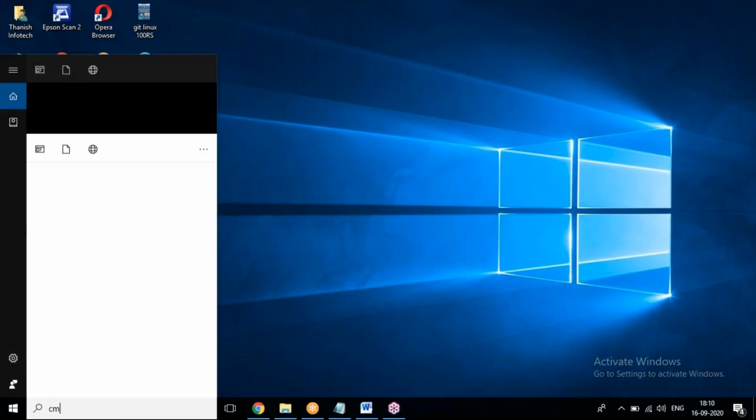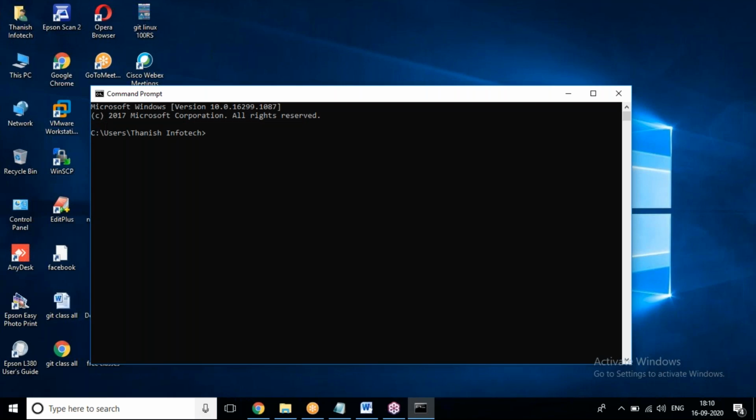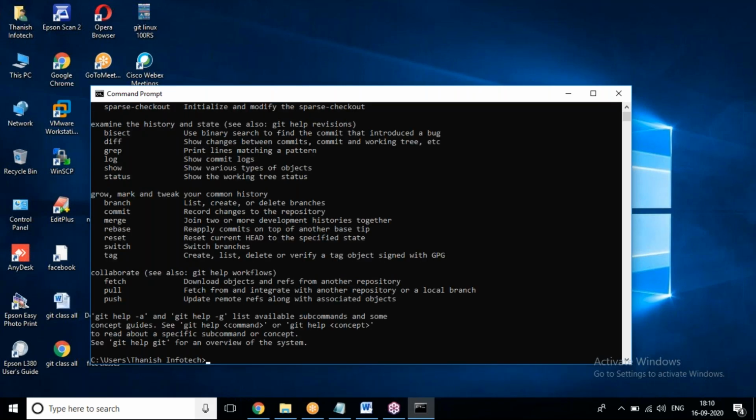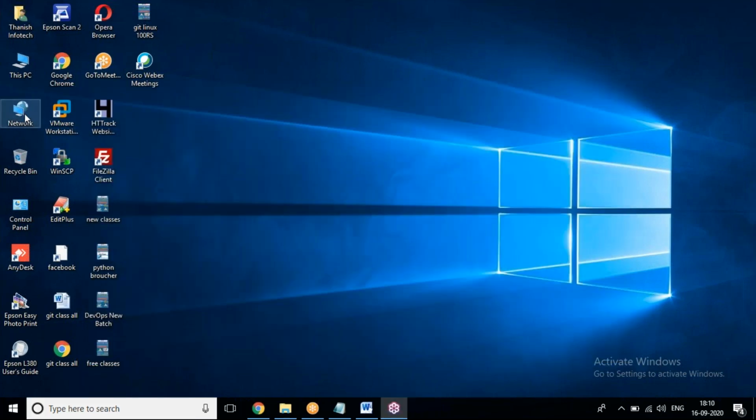But how can we recognize whether it is installed or not? Apply git in CMD. Whenever you get this information, it means Git is installed on our machine.